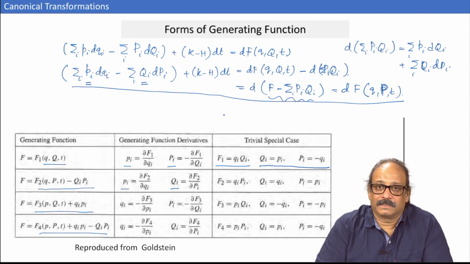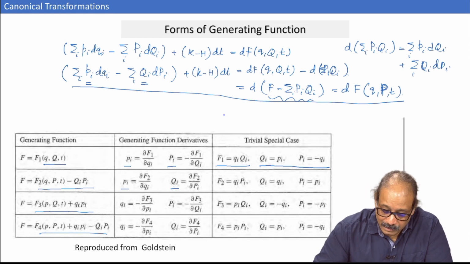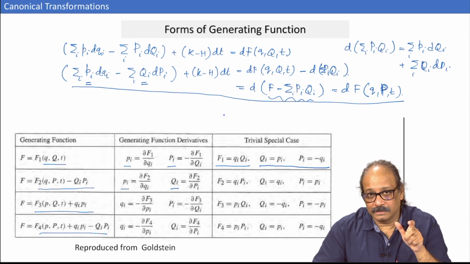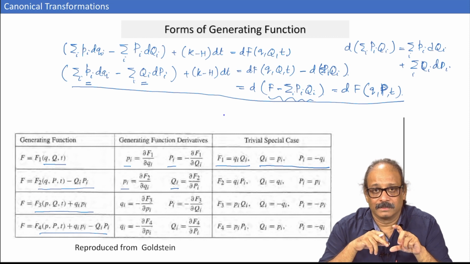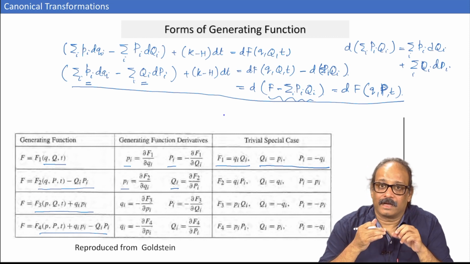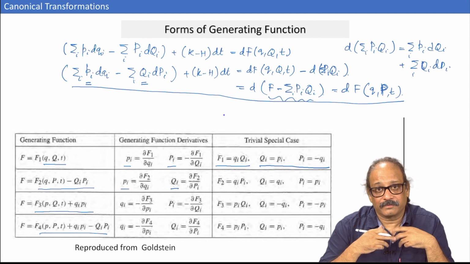What are these transformation equations? This basically interchanges momenta and coordinates. So, the new momenta were actually old coordinates and new coordinates are actually old momenta, except for a minus sign,